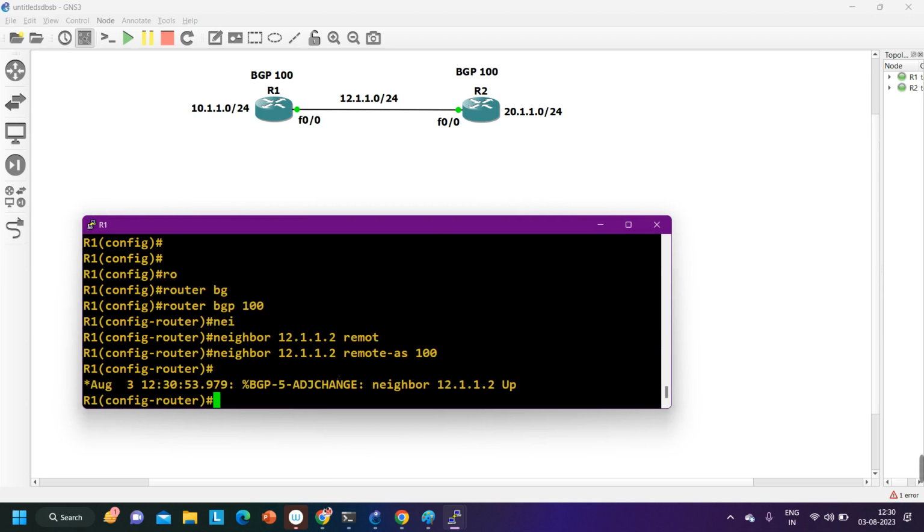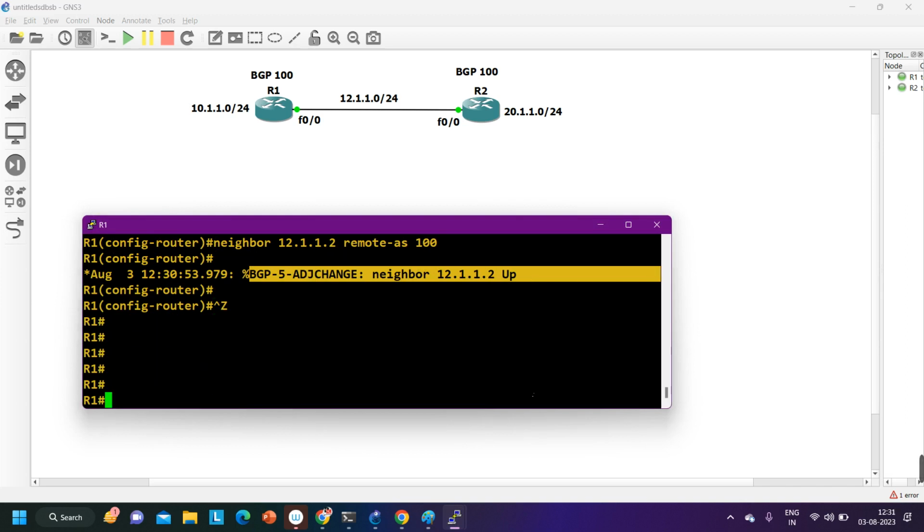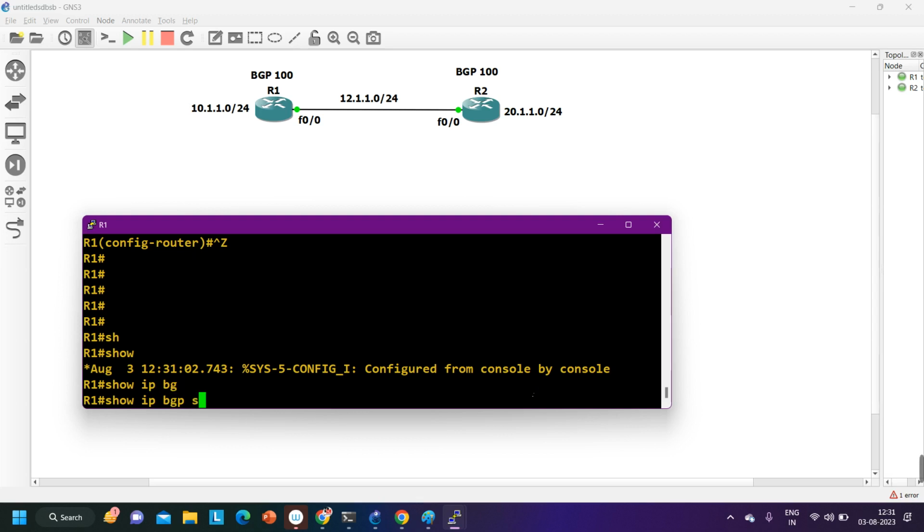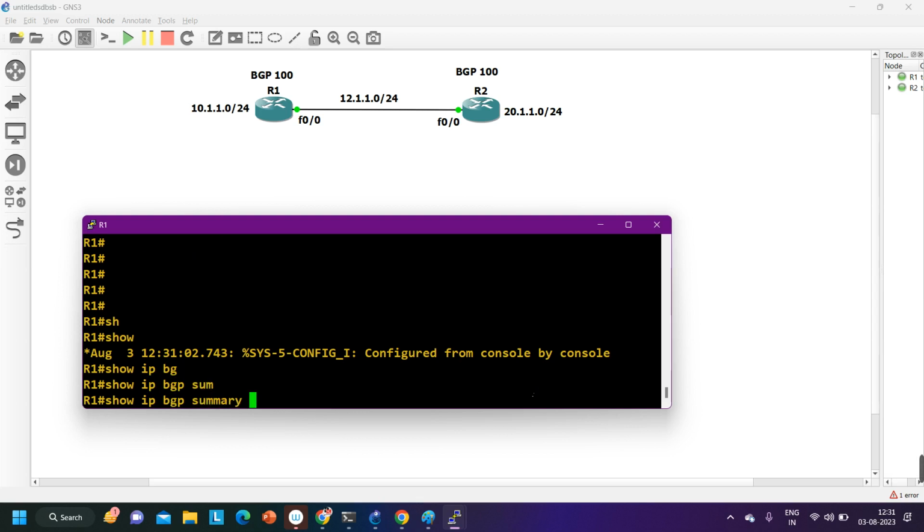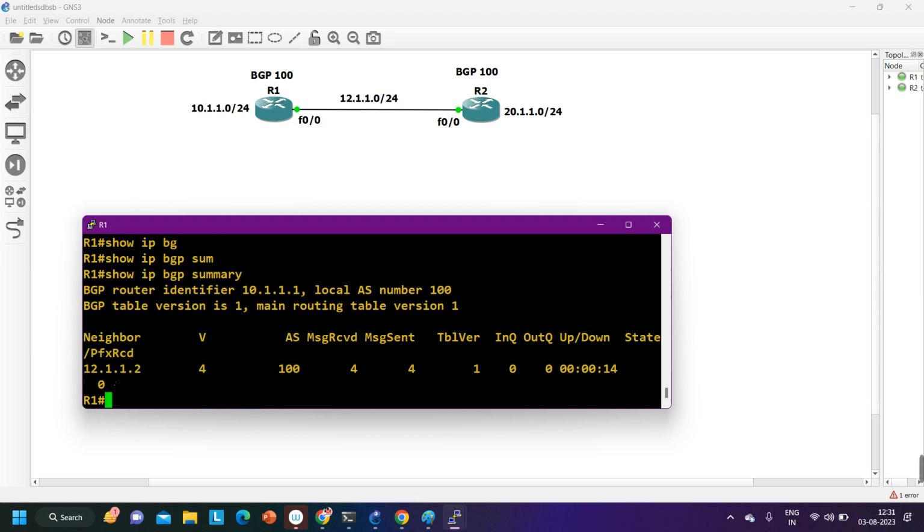BGP is an application layer protocol, guys. Okay, see here, BGP neighborship is up. How will I verify? By running the command show ip bgp summary. This is the command to check the neighbor table. So there is one neighbor,